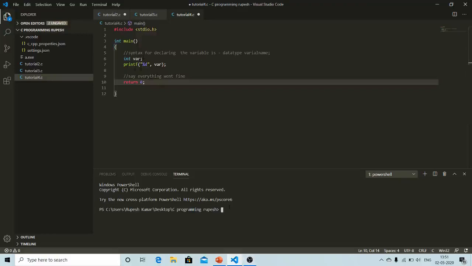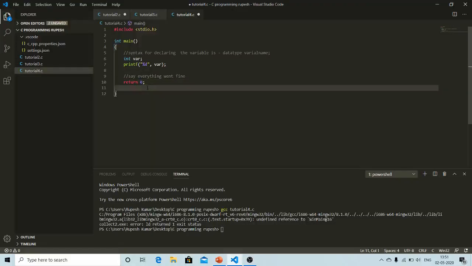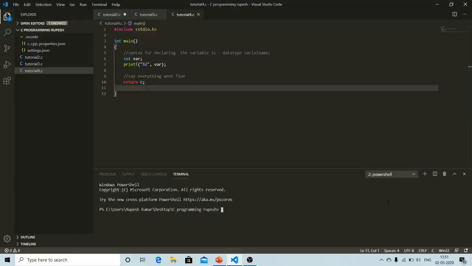So now come to the terminal and try to compile this. It's tutorial 4.c. You can see that okay, we have not saved the file yet, so I will save this file. Now I will try to compile once more. Let's have a new terminal here to make it more clear. So now I will compile it, tutorial 4.c.